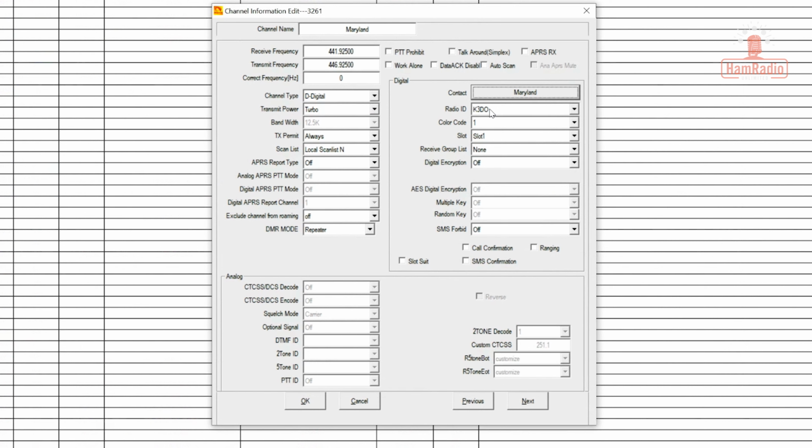Radio ID obviously is K3DO. And this one I'm going to put on slot 2. And no received group list, no digital encryption. So there we are. We are done. So there we did. We created an entry right there for Maryland on this repeater here in Frederick, and in